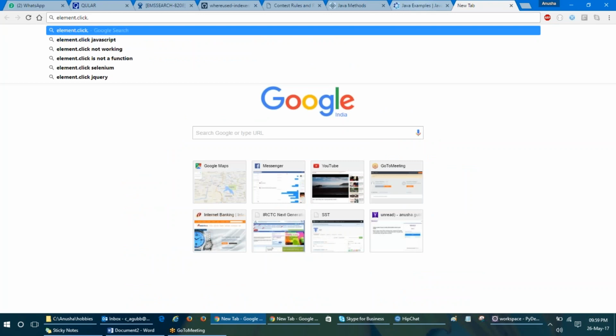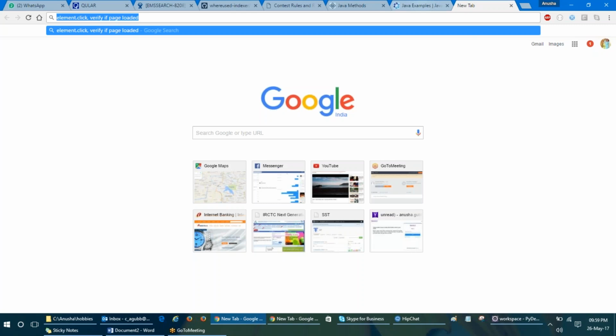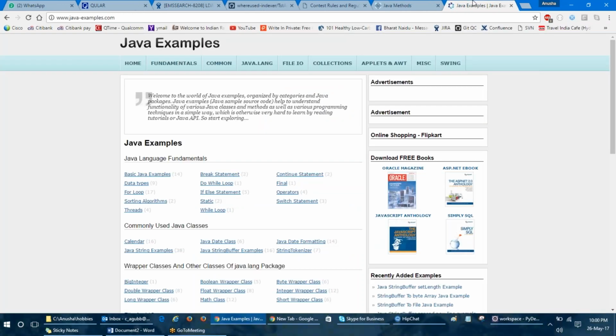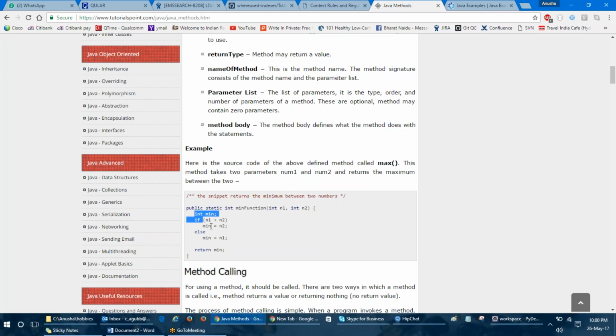After clicking, I want to verify if page loaded. Okay, this all I will be writing in Selenium later on, but that is the basic content of my method. Then I will close my method, verify, then it will return true or false based on the verification part. Then another method that would be like public boolean hover, like mouse over, hover,